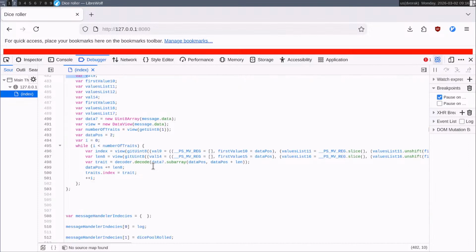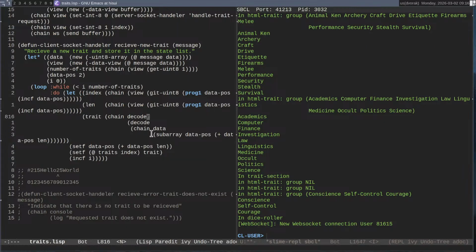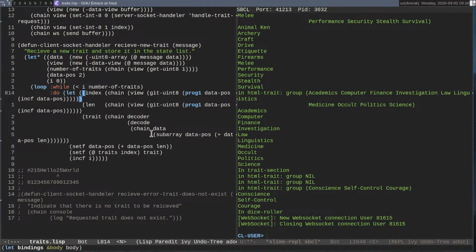Receive new trait. I think I probably did the horrible thing. So let's remove that.